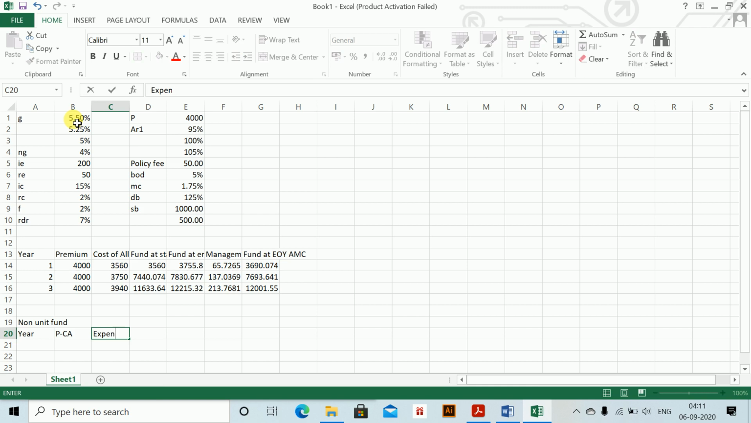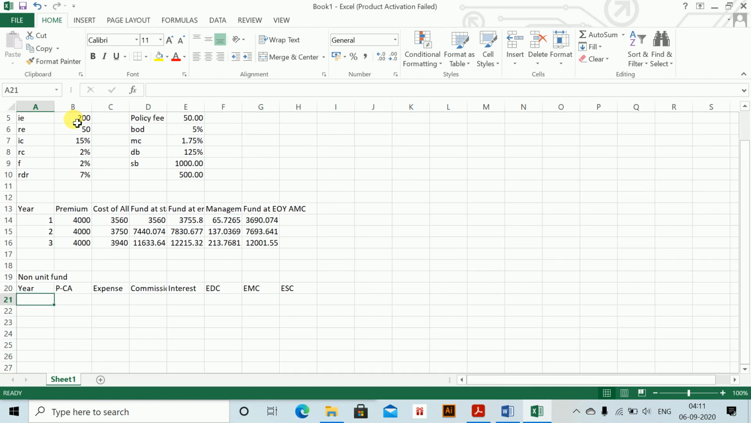expense, commission, interest, expected death cost, expected maturity cost, expected surrender cost. Okay, so for year 1, 2 and 3, premium minus cost of allocation, so that is equal to premium minus cost of allocation. Then we have our expense is equal to